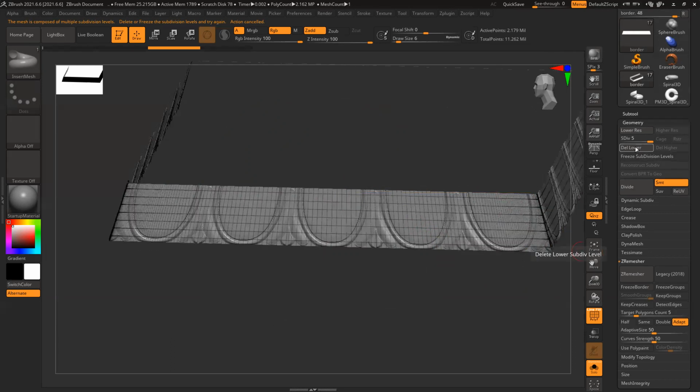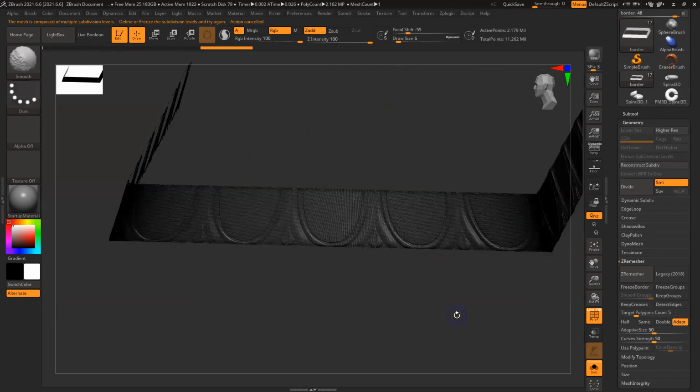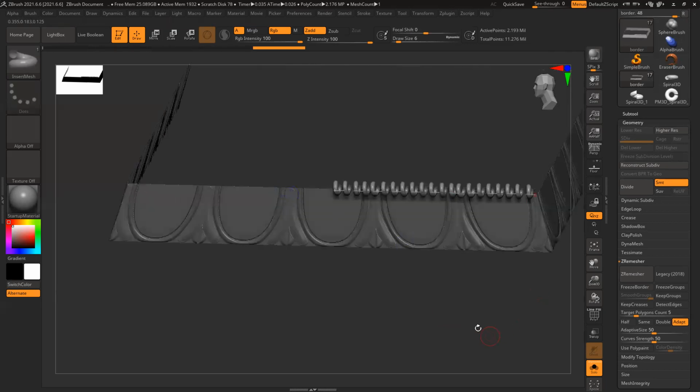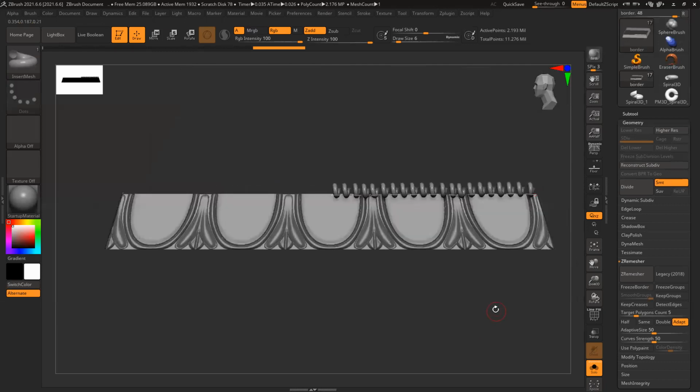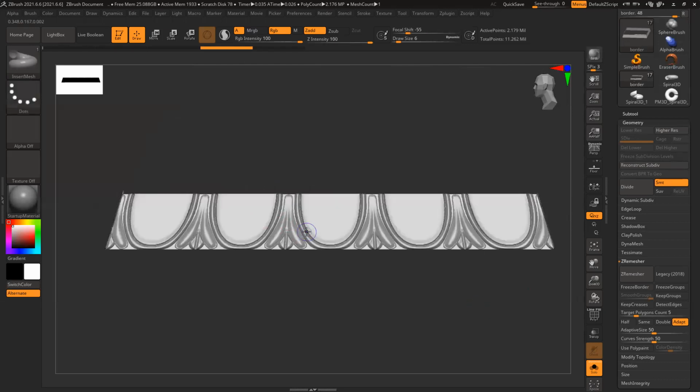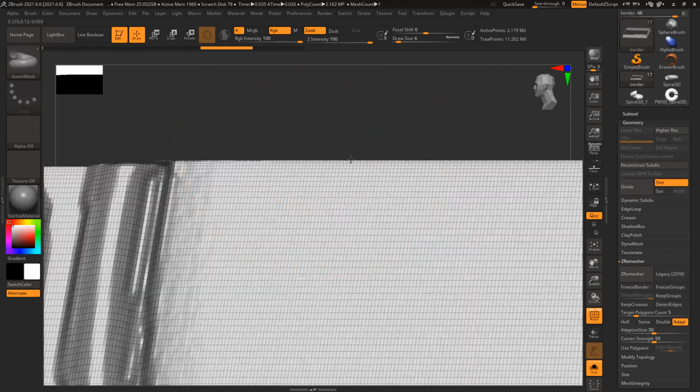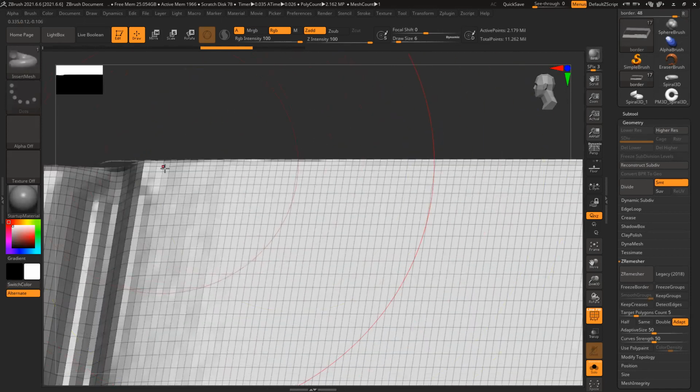That's why it's not working. Delete that, Shift F. See, it's creating this shape the way I wanted, but it's not snapping to the surface. So what I'll do here is, it should snap here.